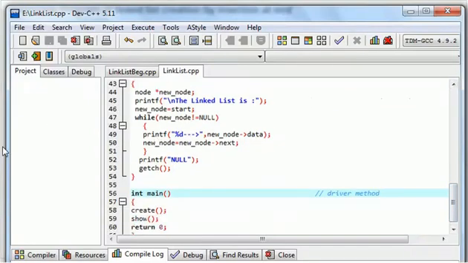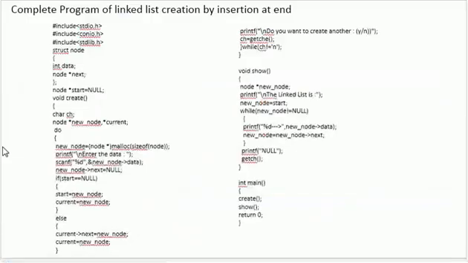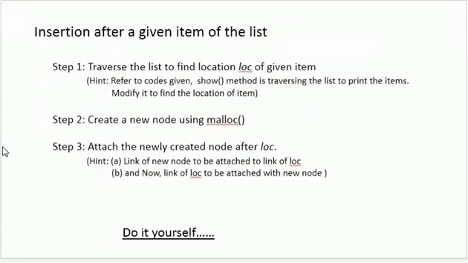So this was something where I added something in the beginning of the list and I added something at the end of the list. Right? So one more thing is there: let's say I want to add something in the middle of the list, or insertion after a given item.